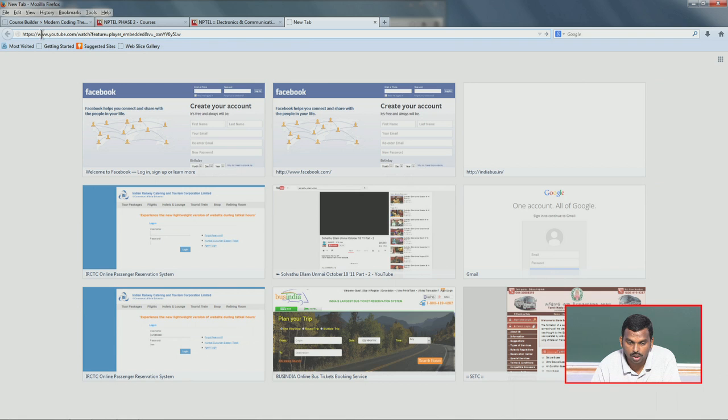Notice the URL has www.youtube.com/watch?feature=player_embedded, that is irrelevant to us. And then the next thing, v equals some alphanumeric text. There will also be an underscore, that is also important. This is the YouTube video ID. So, let us say I copy that YouTube video ID.